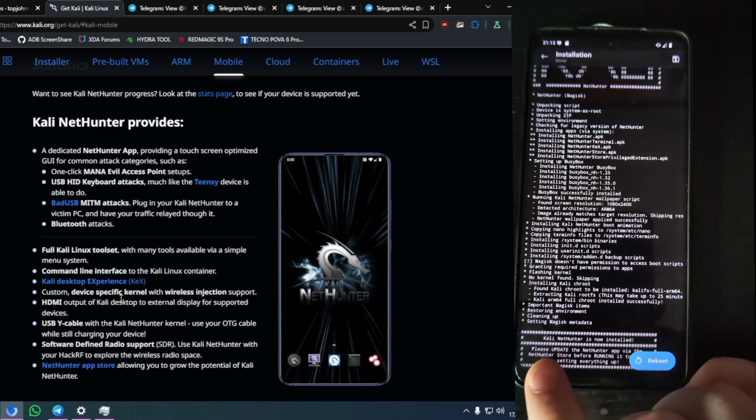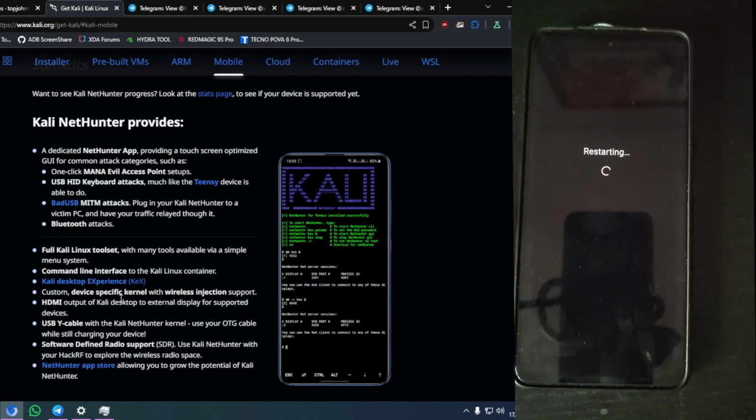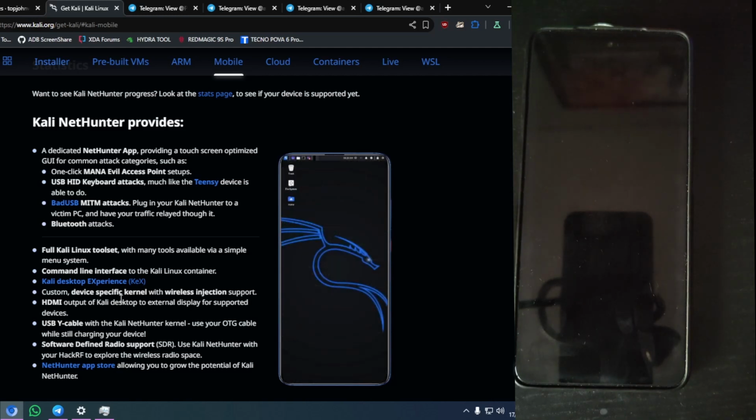When you have installed the Kali NetHunter package, just press reboot, your phone will reboot,